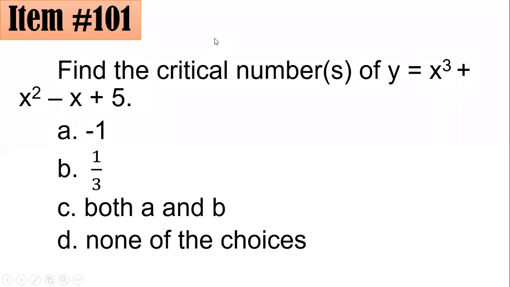Okay, thank you. 101. Find the critical number or numbers of y equals x cubed plus x squared minus x plus 5. Did you go for -1, 1/3, or both A and B, or none of the choices? Sabi ni Sir PJ, letter C daw. Tama nga kaya siya? Hula raw. D, sabi ni Sir. Okay, tingnan po natin. Siguro yung iba nahihiya lang. Sige, don't worry po. Remember po, in calculus, to get the critical numbers of a certain polynomial function or equation